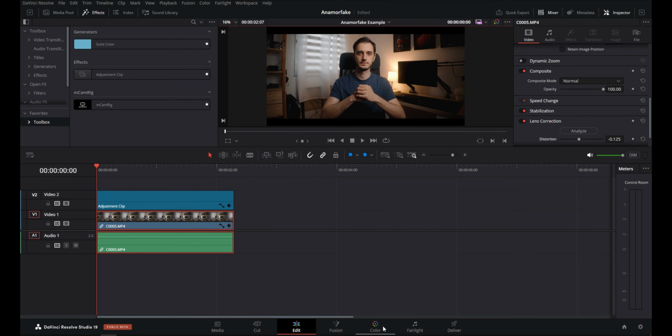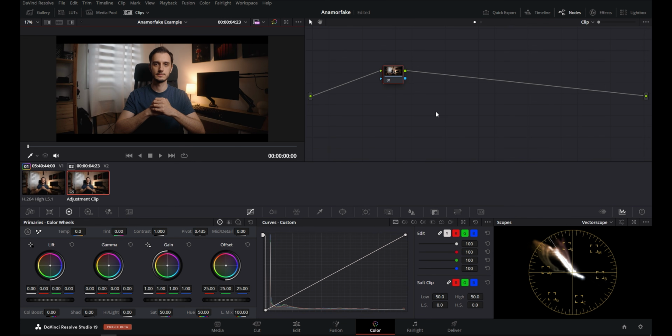Next, I'm going to go into the color tab and add a few effects to the footage. Something that's pretty common with a lot of anamorphic lenses is that the sharpness falls off as you move away from the middle of the frame. So we're going to try to recreate that. Again, I want to make sure that I am applying these to the adjustment clip and not the footage itself, because if I want to use these on other clips, I can just extend the adjustment one. I've talked about these effects that we're going to use in a previous video, which you can check out,